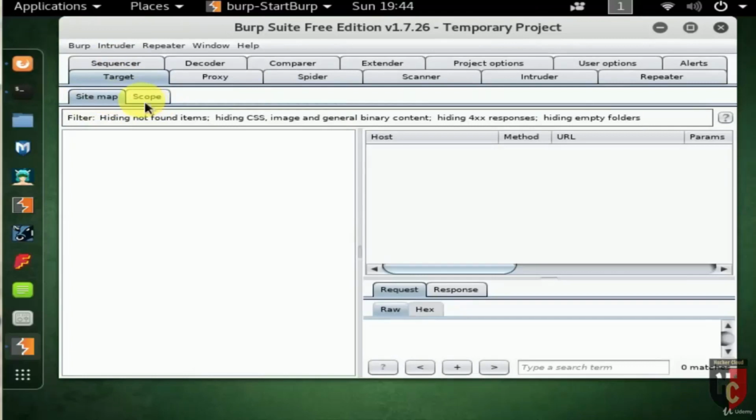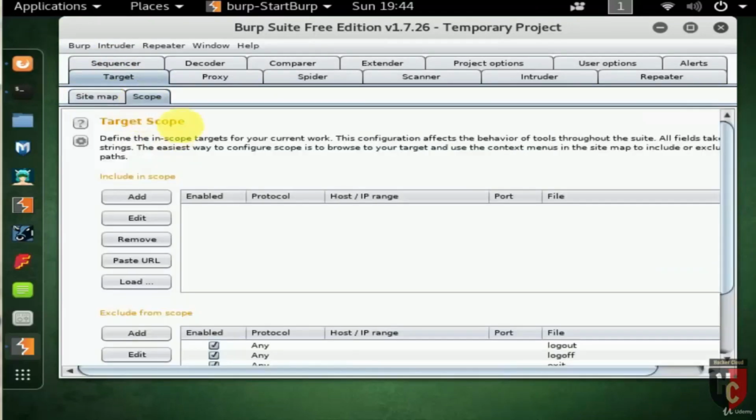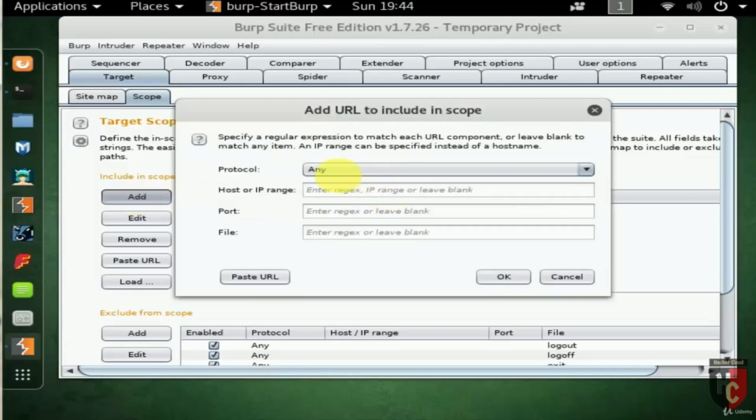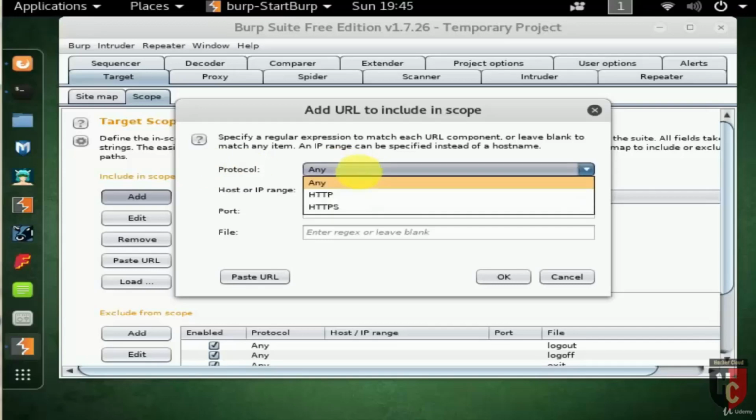And the Scope tab allows the user to configure sites and site content to be either included or excluded from the scope. To add a new site to the scope of assessment, click on the Add button. Under the Include in scope table, adding in-scope content can be as general as a range of IP addresses or as specific as an individual file.